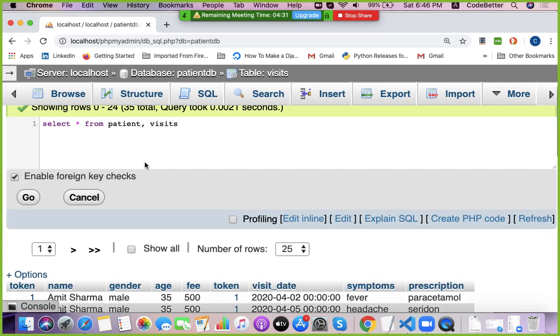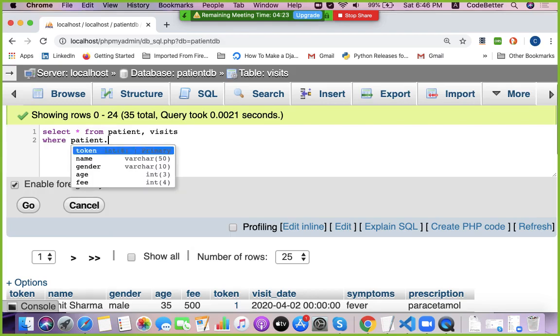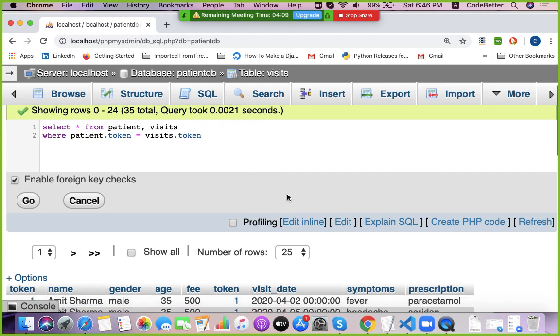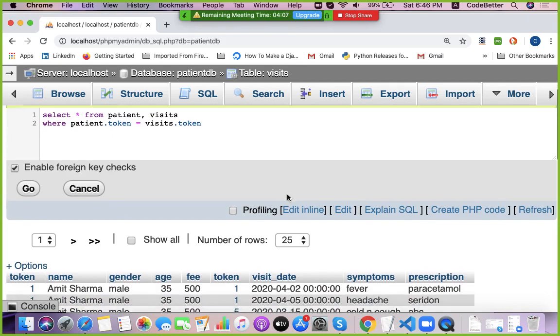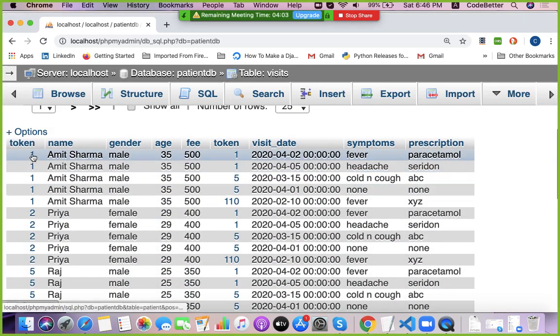So what we do is we have to find out only the selected data. So we can put a where clause here, where patient dot token is equal to visits dot token. So we are filtering the rows where the token number matches. So here you can see that in the first 2 rows the token number matches.